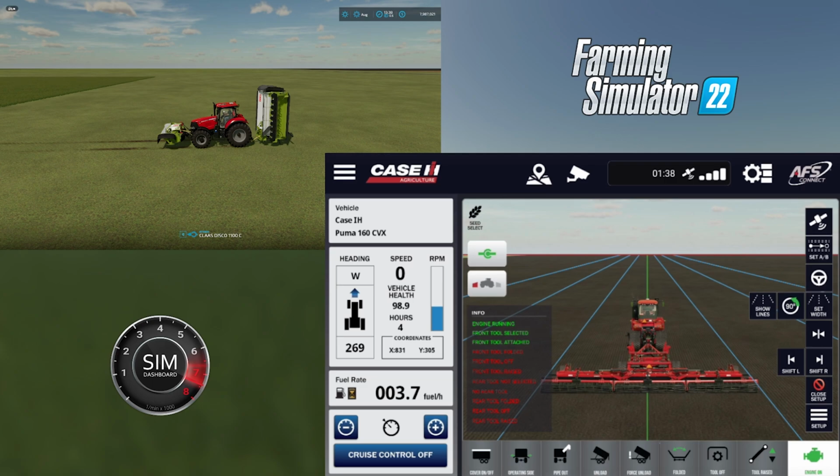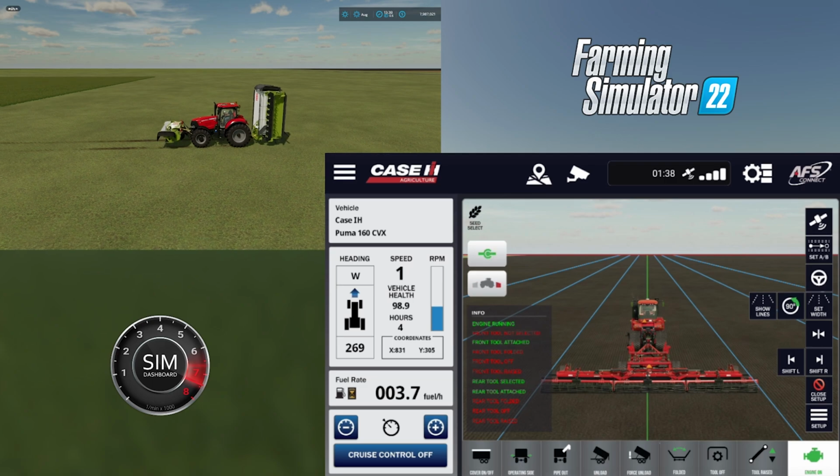But if I hit the hitch button again, it loads up our rear mower, and as you can see, more lights have come on. It's also switched to the back. So again, if I switch between these two, you can see we go between tractor, front implement and rear implement, and the info lights underneath change depending on what we've got selected. So we'll stay on vehicle for now, and what we'll do, we'll pull forward,